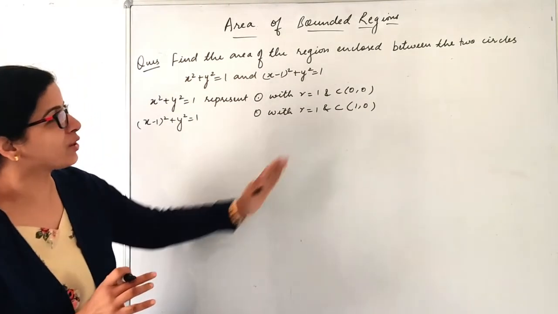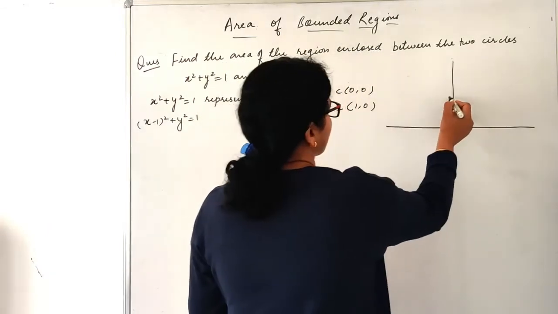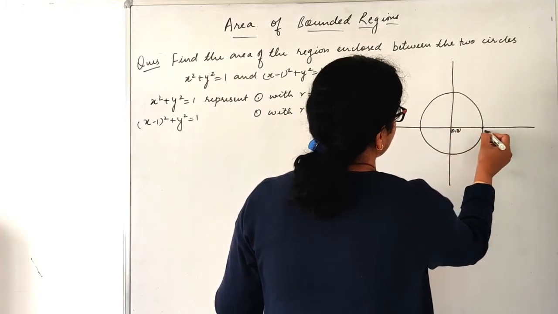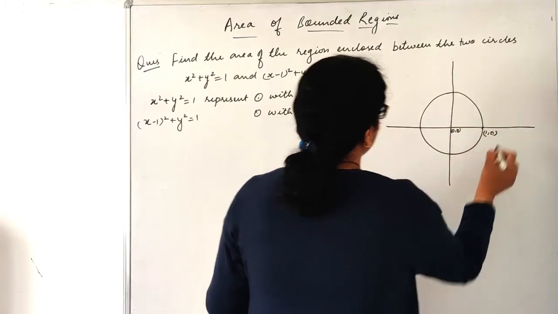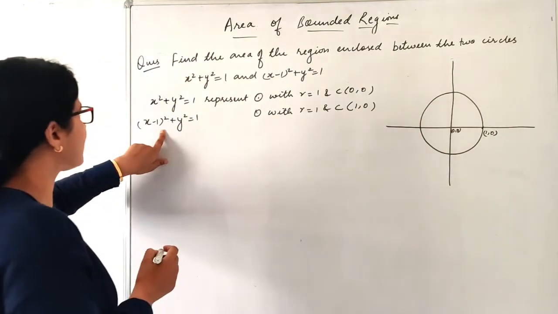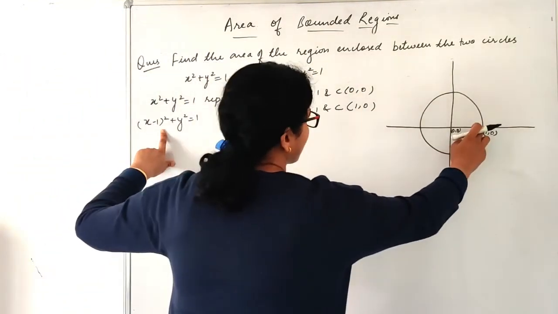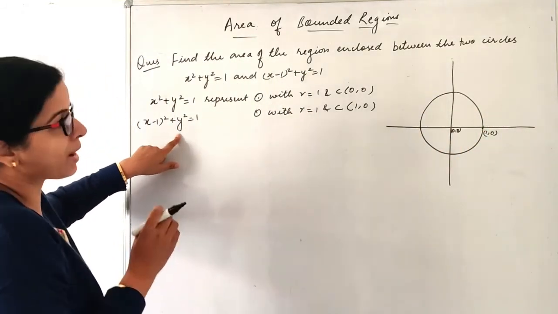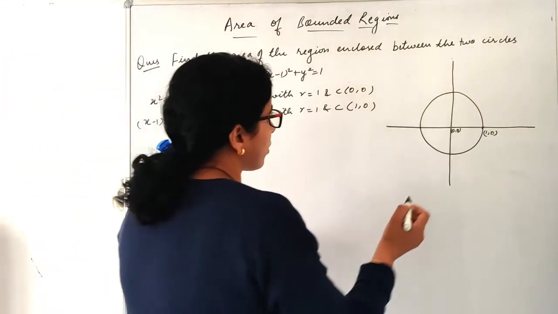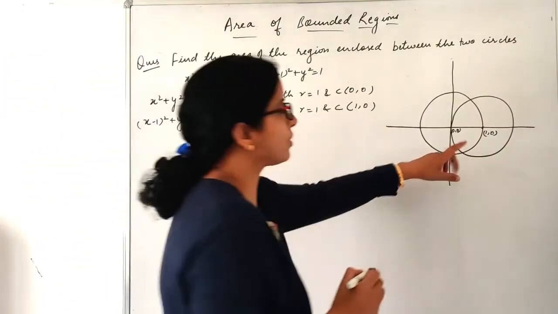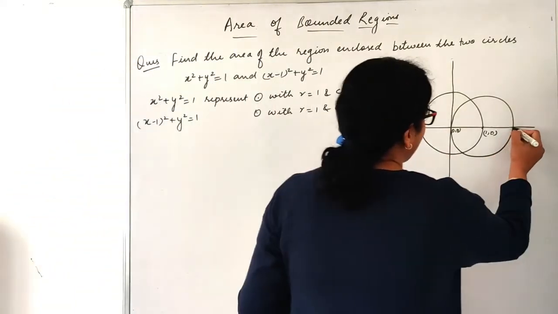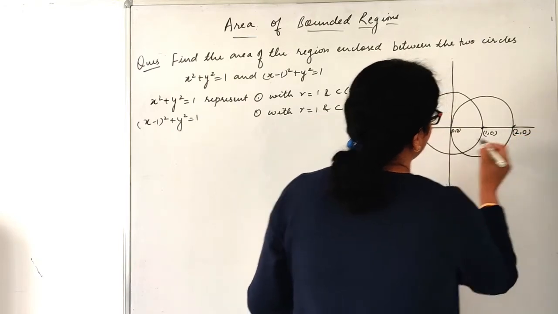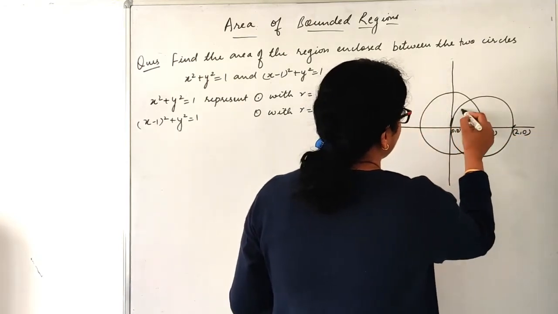So now let us take the figure. So we have a circle with center 0, 0, right? So this is one circle, center is 0, 0 and radius is 1, so 1 comma 0. Now this circle has a center 1 comma 0, right? So this point will become a center. And if I substitute 0, 0, it is passing through 0, 0, correct? So I will draw a second circle. It also has radius 1, right? So since this is the center and this is the radius, this point will become 2 comma 0, and my bounded region will be this part.